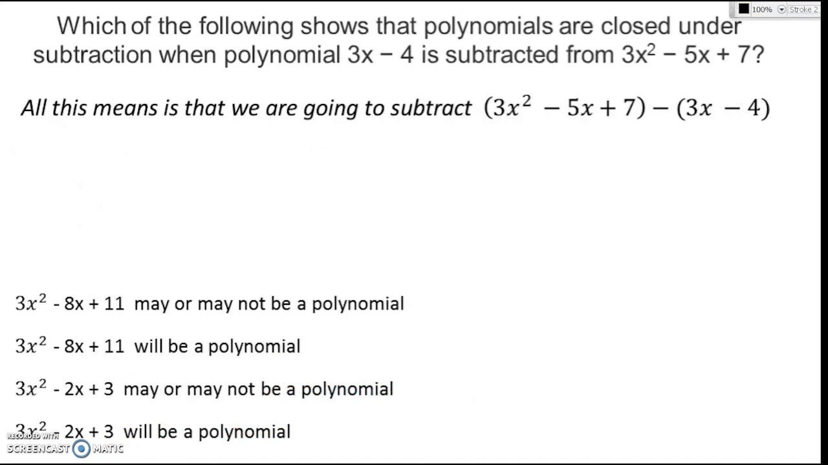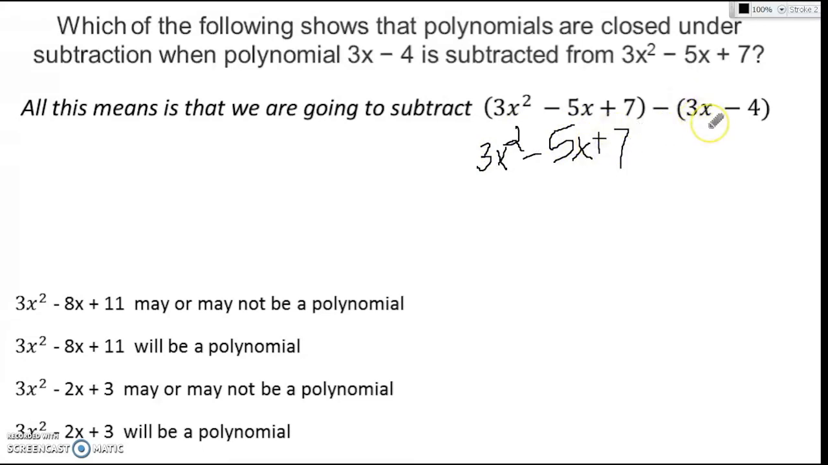So let's take a look at this final question here. It says, which of the following shows that polynomials are closed under subtraction when polynomial 3x minus 4 is subtracted from 3x squared minus 5x plus 7? All this means, guys, is we're going to subtract 3x minus 4 from 3x squared minus 5x plus 7. So we just bring down the 3x squared minus 5x plus 7,